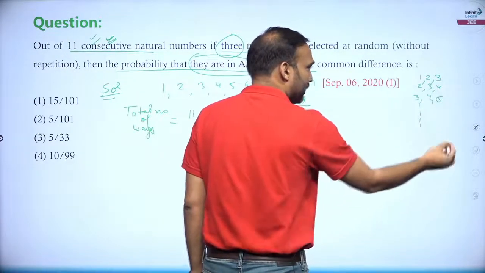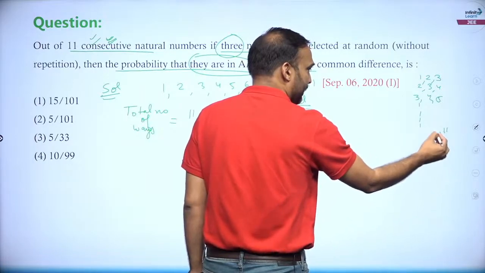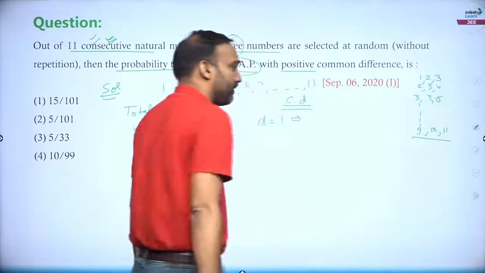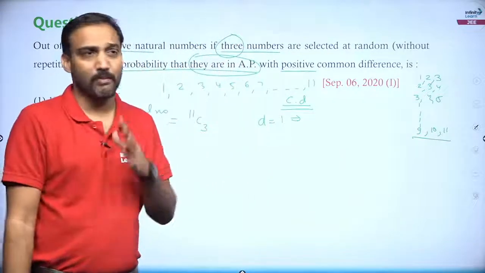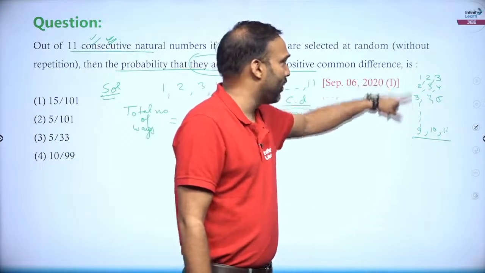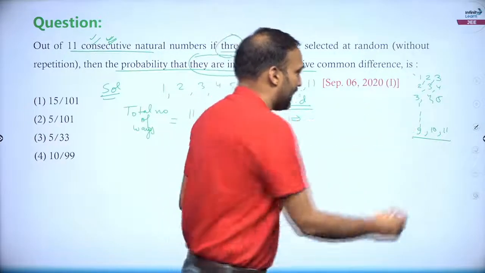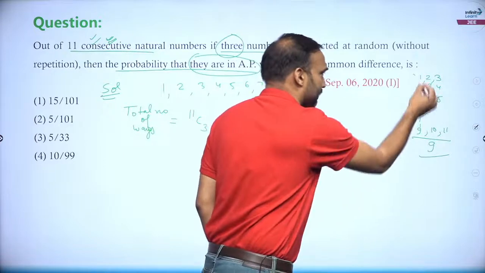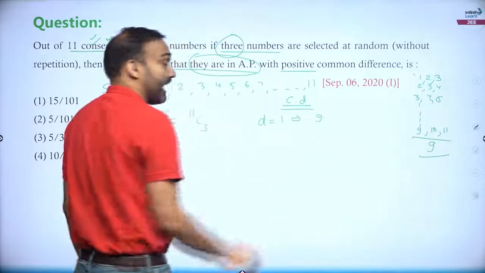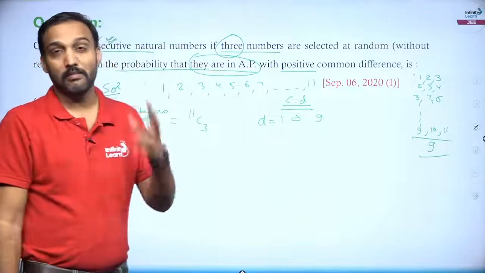What will be the last one? The number should end at 11. Subtract 1, subtract 1. So I would be writing 9, 10, 11 as the last three numbers which are in AP with common difference 1. Now you see how many APs did I get? 1, 2, 3 till 9. So I can look at the first numbers and say there are 9 APs. So when D is equal to 1, we will have 9 cases formed where the numbers are in AP and